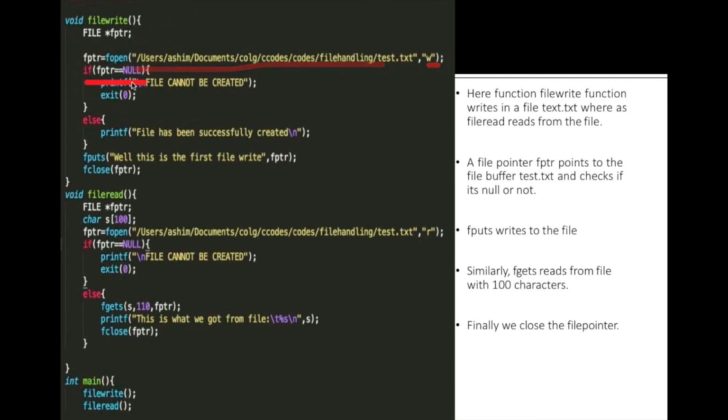If the pointer equals NULL, the file cannot be created, else the file has been created successfully. If the file is not available, it is going to create it. If available, the content of the file will be deleted and a fresh new file will be created. And what we are putting in the file is this is the first file write, so it will write this content in the file pointed to by fptr.